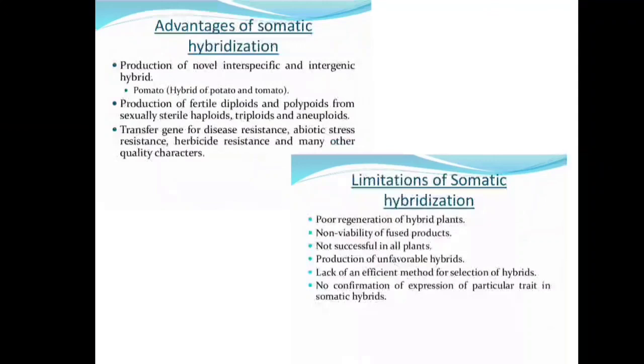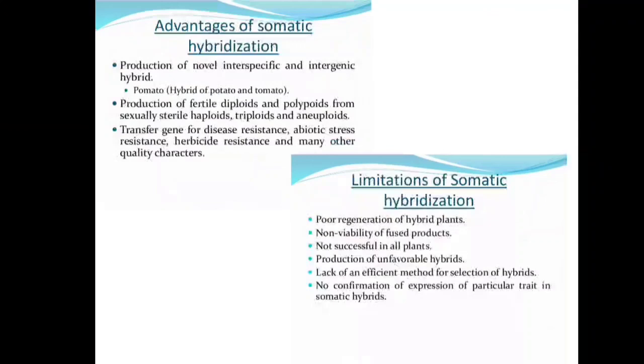And some of the genetic traits in certain plants are cytoplasmically controlled. Okay, so if we look at the advantages and limitations of somatic hybridization. The applications of somatic hybridization: it is usually applied in disease resistant selection of the hybrid cells, and also in environmental tolerance, quality characters, and cytoplasmic male sterility. So these are the applications of somatic hybridization.